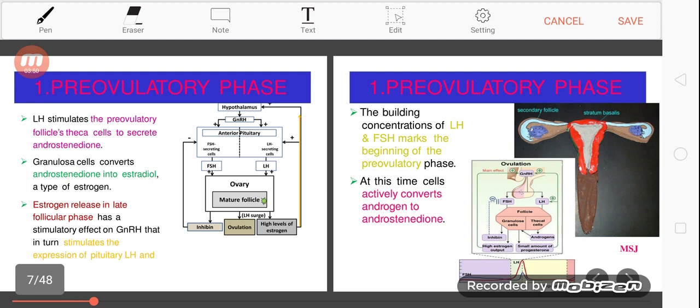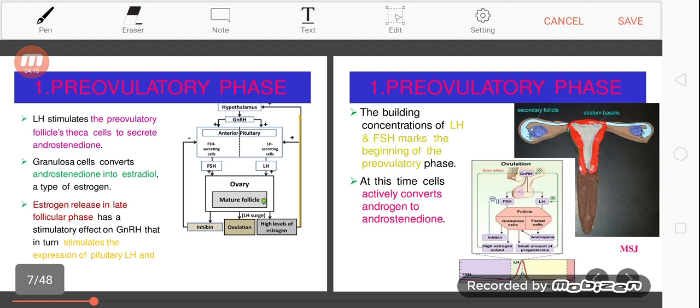This development of follicles is under the influence of FSH and LH, but towards the mid cycle of the ovarian cycle,